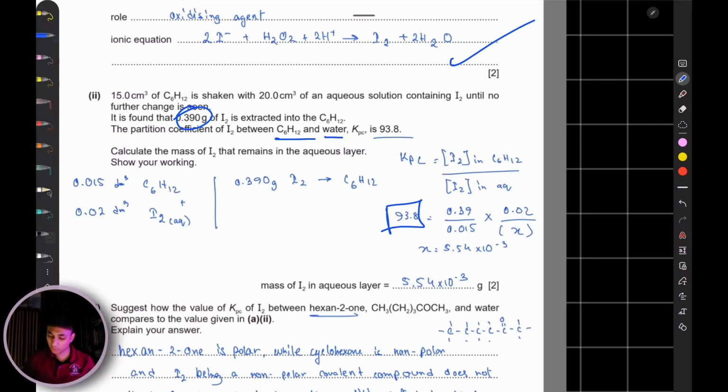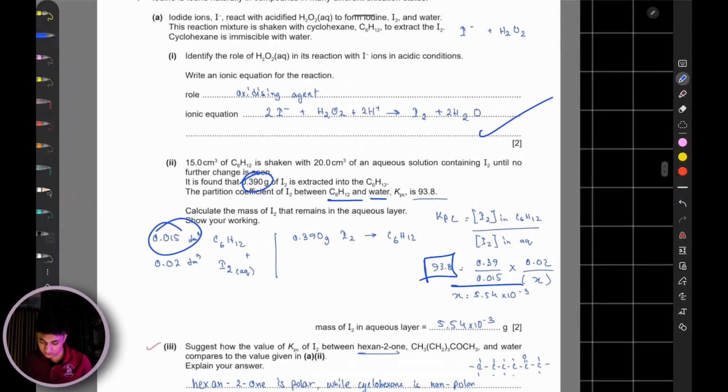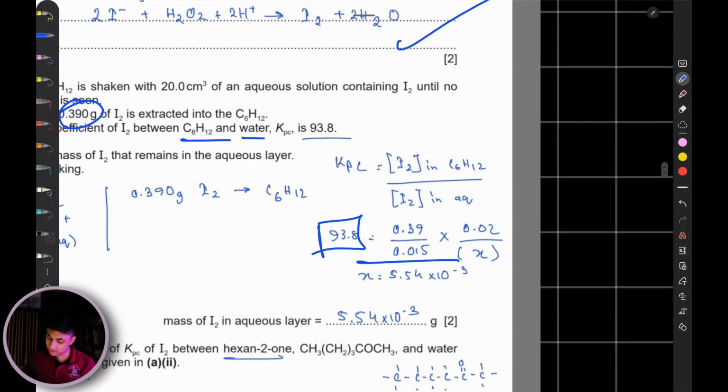That is going to be 0.39 grams of I2 divided by 0.015, that is the volume of C6H12. Now divided by whatever is left. Did they mention how many grams of I2 was initially mixed? No, they did not. So you're going to consider it as X. So basically 0.39 divided by 0.015 divided by X